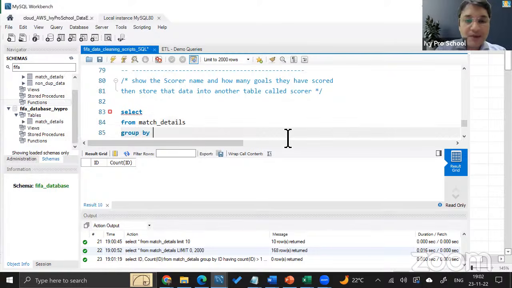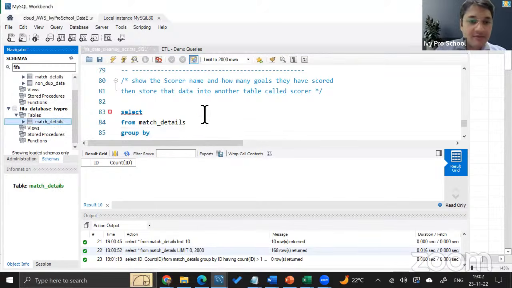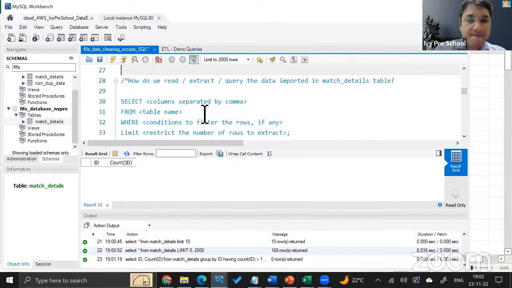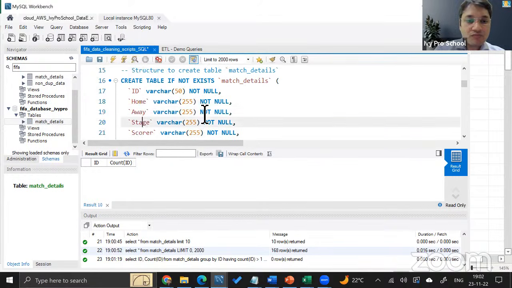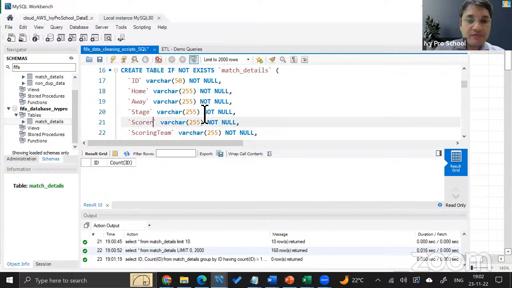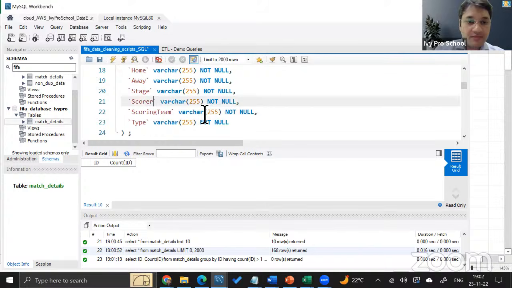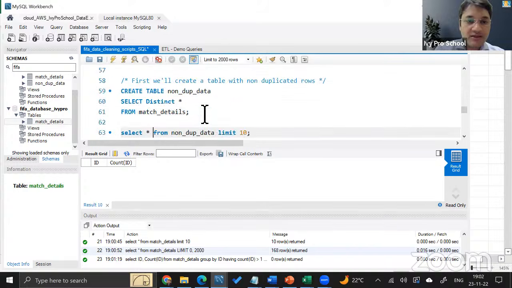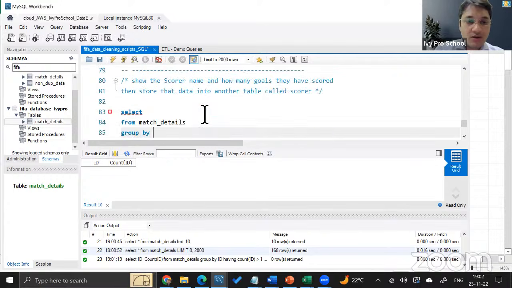Group the data by, there was a column here called scorer. Remember each row in the table is one goal.